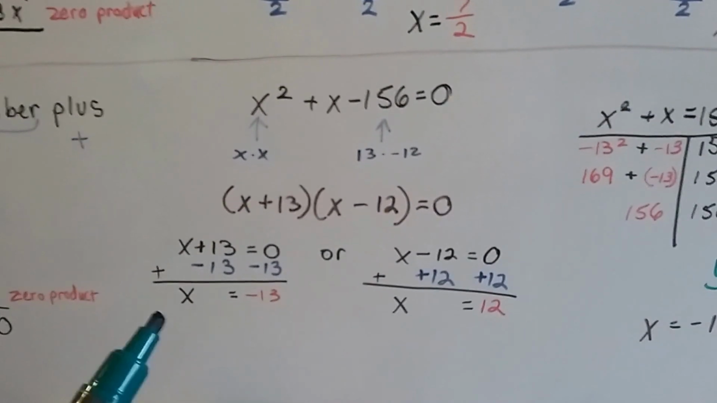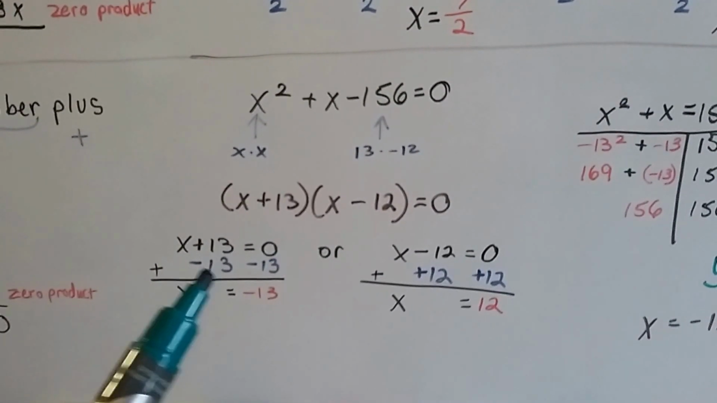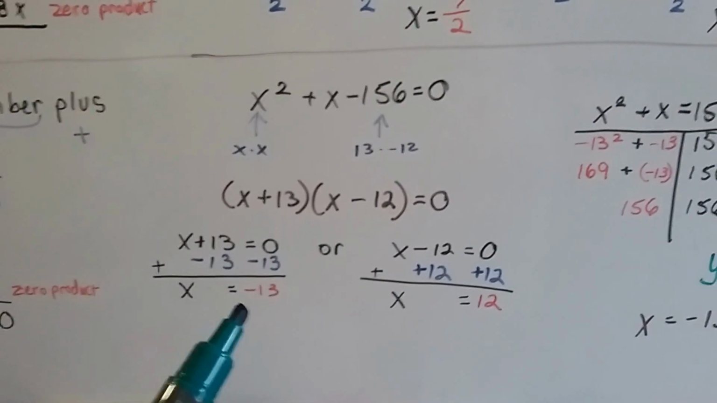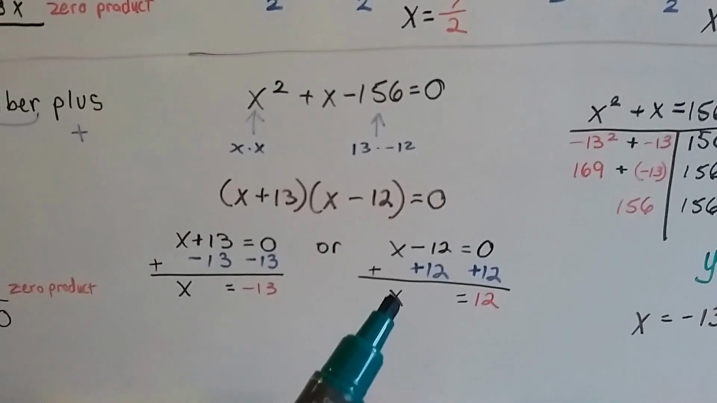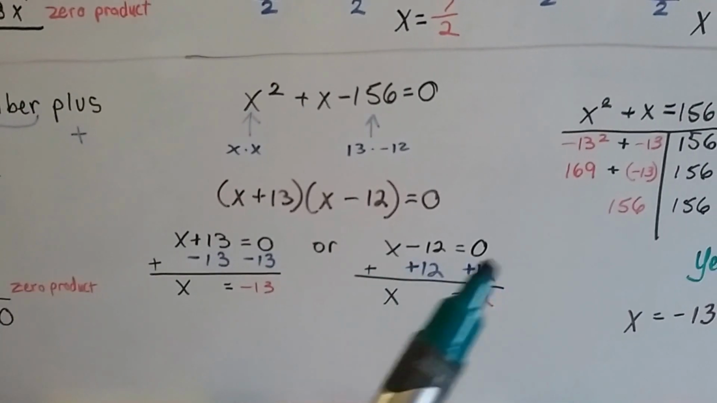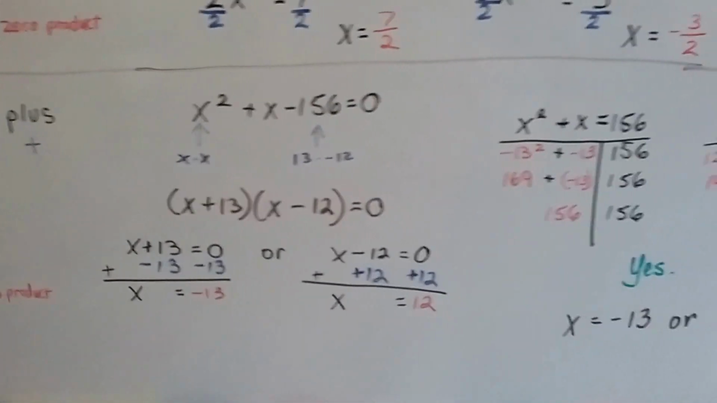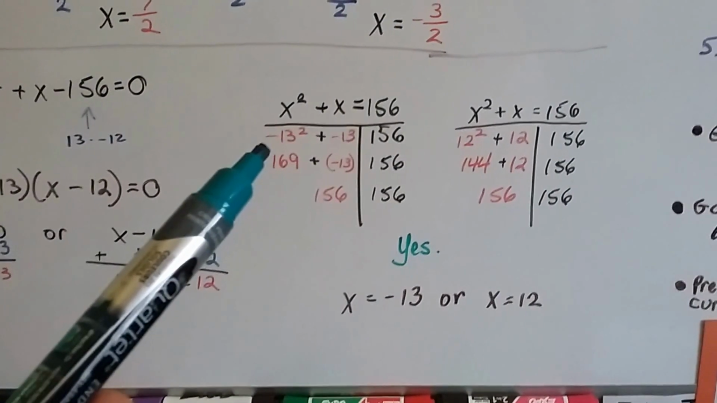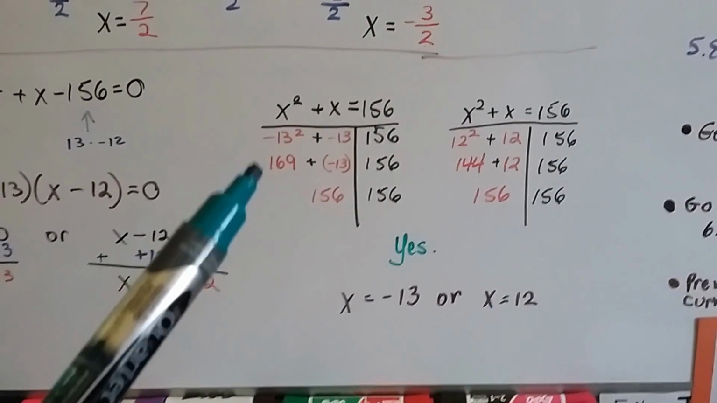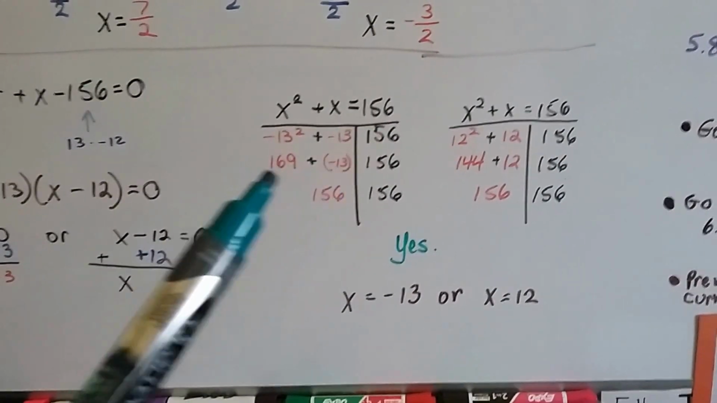We add a negative 13 to each side, and we get x equals negative 13. We add a 12 to each side of this equation because that's a negative, so we add 12, and we get x equals 12. We plug the negative 13 into the original equation, and we do the math,